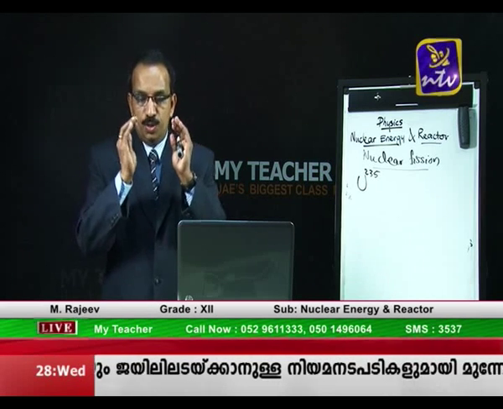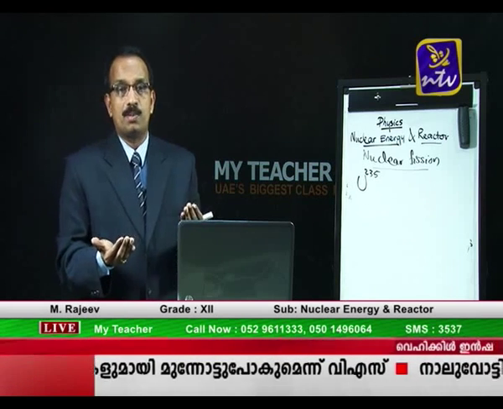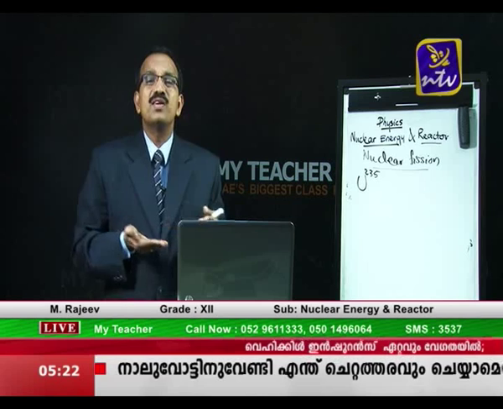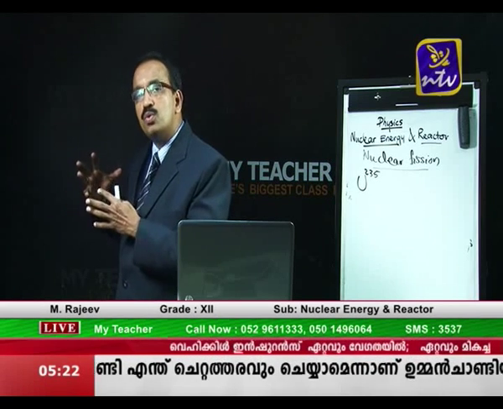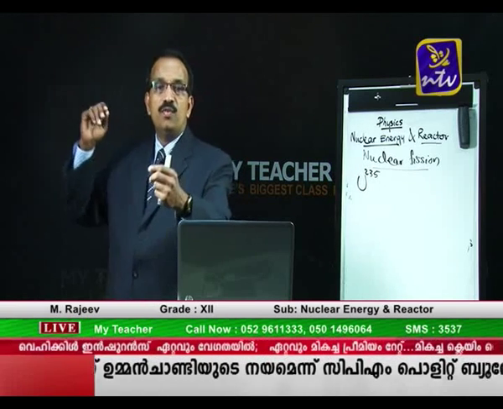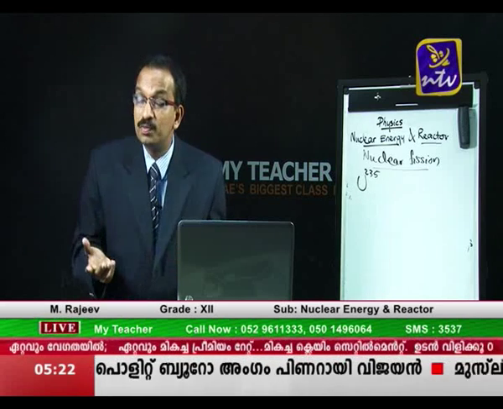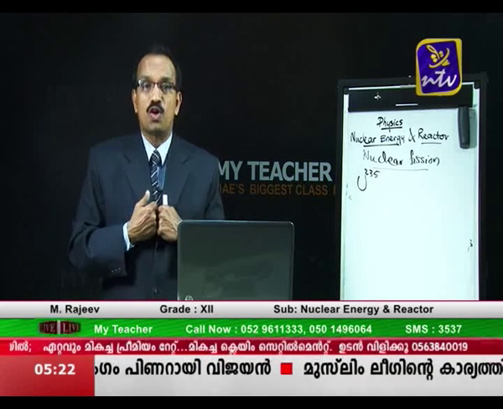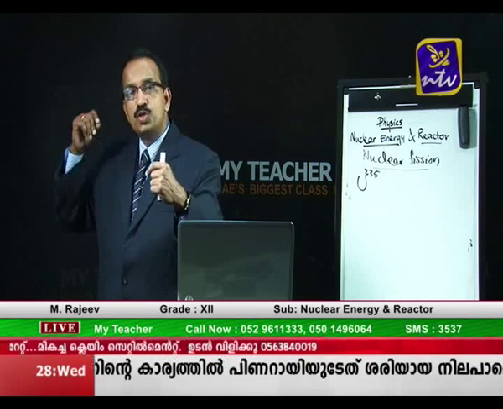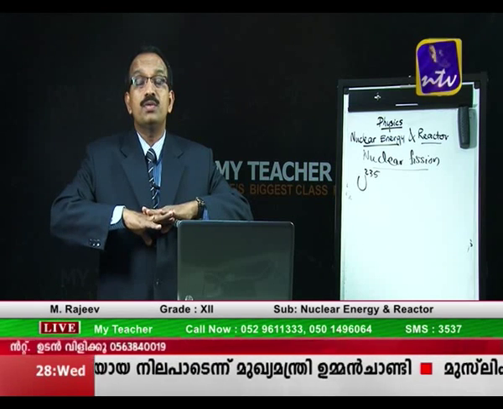That is, a nucleus such as uranium-235. Uranium-235 is just an example. Uranium-233 is there, plutonium-239 is there. For these nuclei, inside the nucleus there is a delicate balance existing. So when you bombard it with a suitable particle, which is a suitable particle? It is the neutron, because the neutron can easily get into the nucleus. It is a neutral particle. So when the neutron goes inside the nucleus, the nucleus, already about to be unstable,